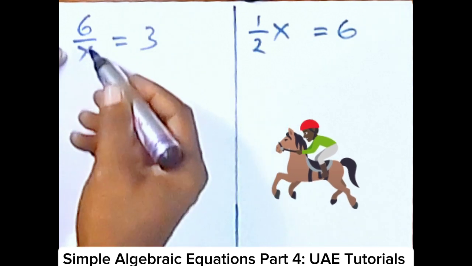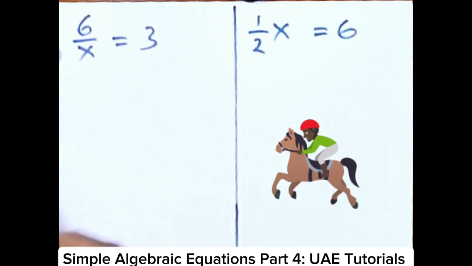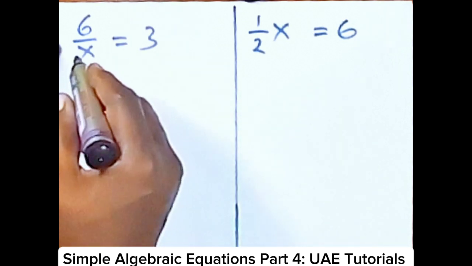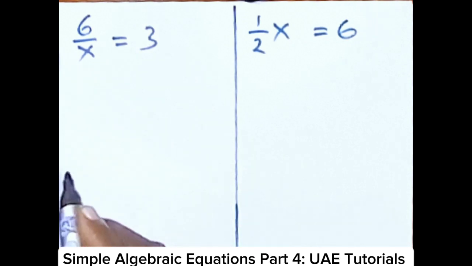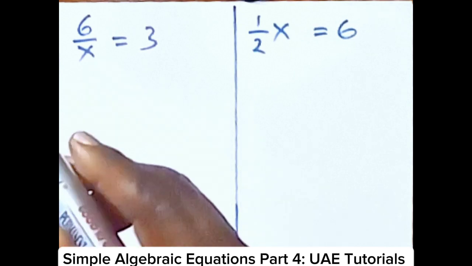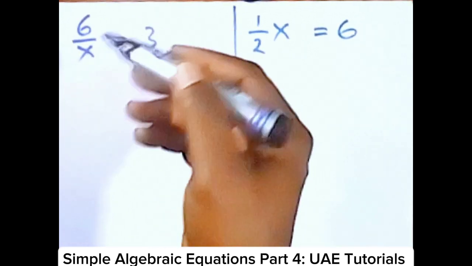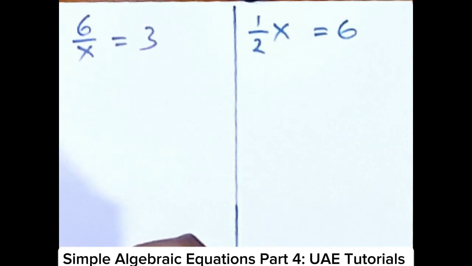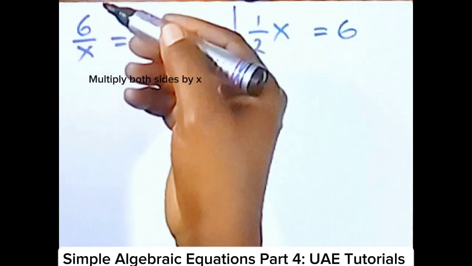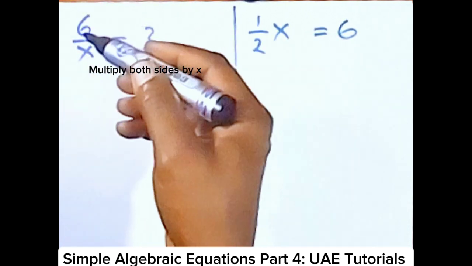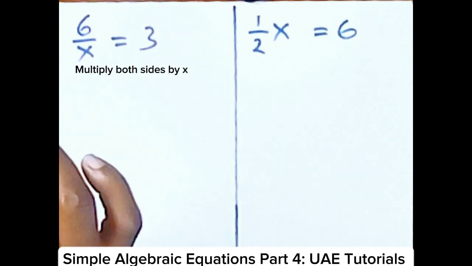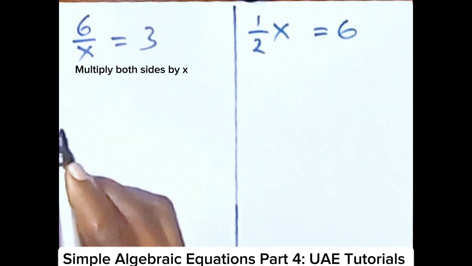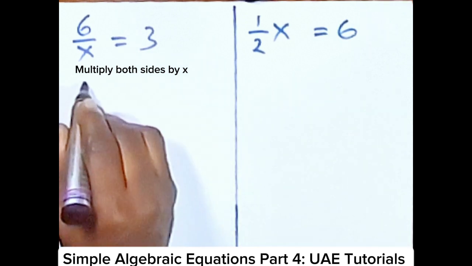In the first example, we have 6 over x equals 3. The x in this case is in the denominator. So what I'm going to do is I will first of all try to bring the x on top to the numerator, because once the x is in the denominator, trust me, you won't go far. And to bring the x on top, I am going to multiply by x. Remember our rule: whatever you do to one side of the equation, you must also do it to the other side of the equation. So here I'm going to say